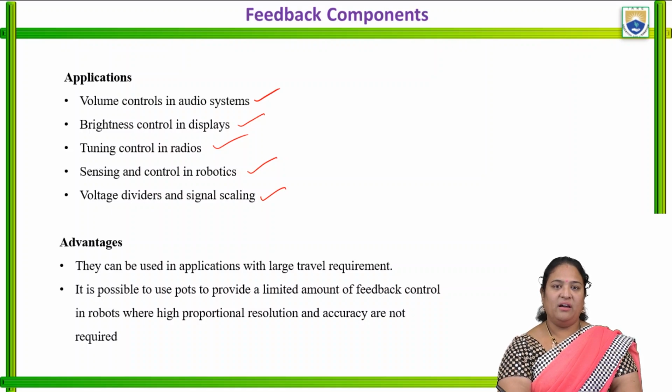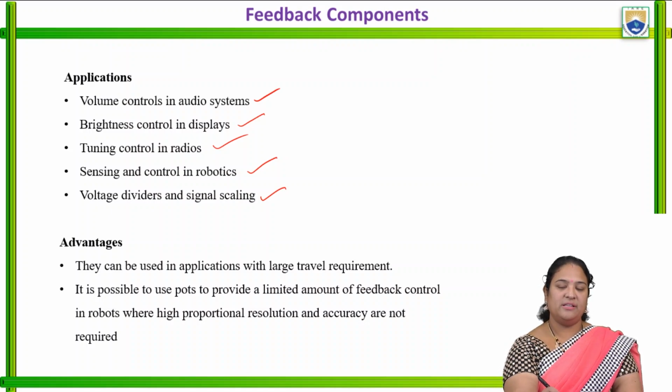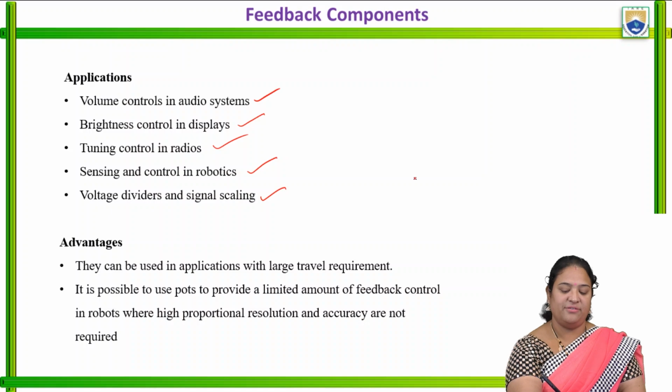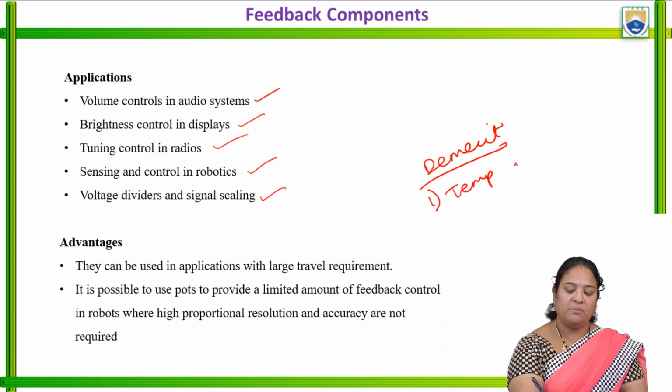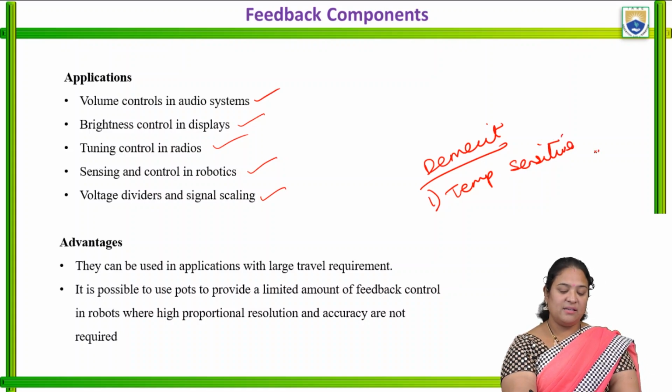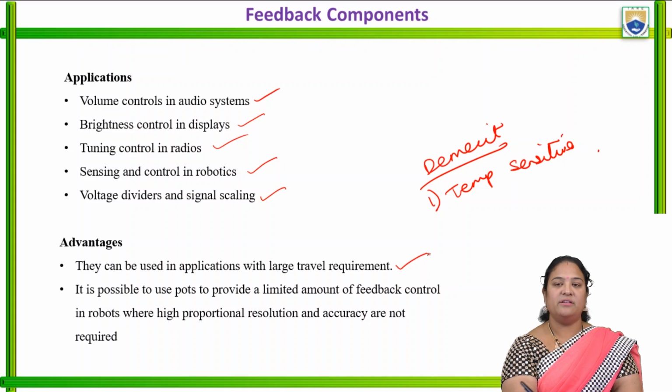But one of the disadvantages, one of the demerits of the potentiometer, is that it is temperature sensitive. Right, whereas we have a few advantages, like they can be used in applications with large travel requirements,